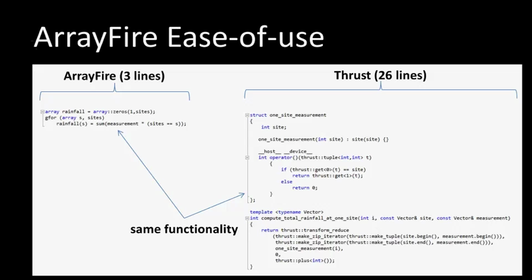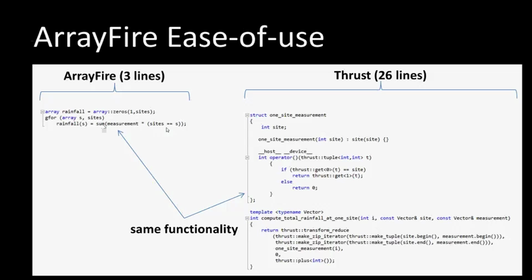This is to show an idea of how easy it is to use ArrayFire. On the left, you have 3 lines from ArrayFire, which do the equivalent of what you see, about 26 lines on the right, using Thrust. In this example, for every site, it counts the rain that was measured at that site. So it does a gfor loop, which is like a for loop, but it executes every pass in parallel, and uses a Boolean mask over here to see if the site matches the current one for this iteration, is this measurement to be counted, and then sums all the measurements that were not masked out,